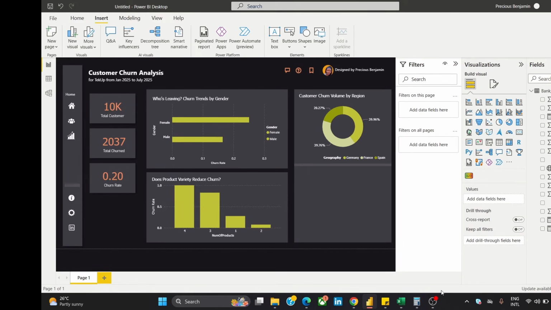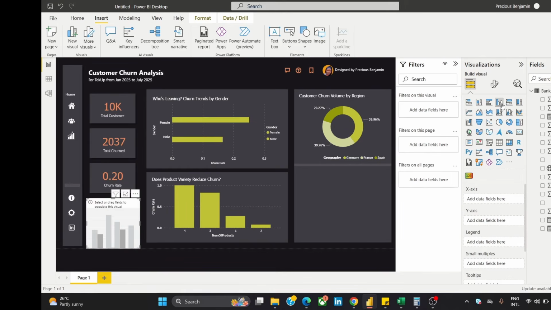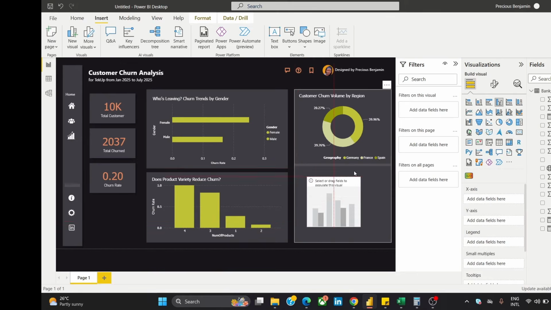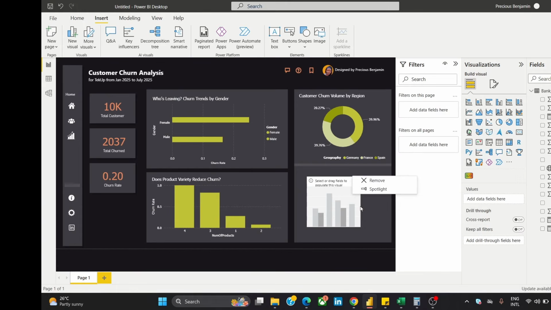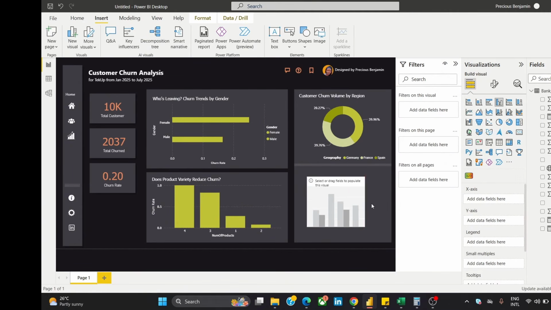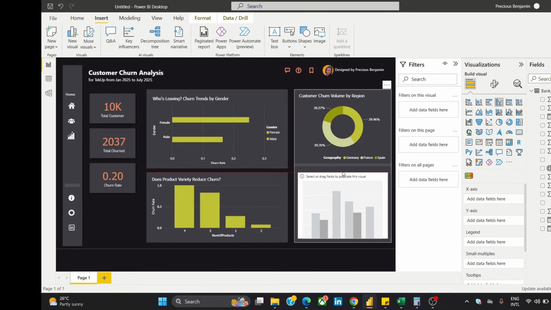Now the next thing I want us to look at is churn rates by age. Okay, so let's look at churn rates by age. Now to do that, we are going to be selecting this. Then we can move this here, or we can just increase this. Can increase this and can increase this. Okay, then